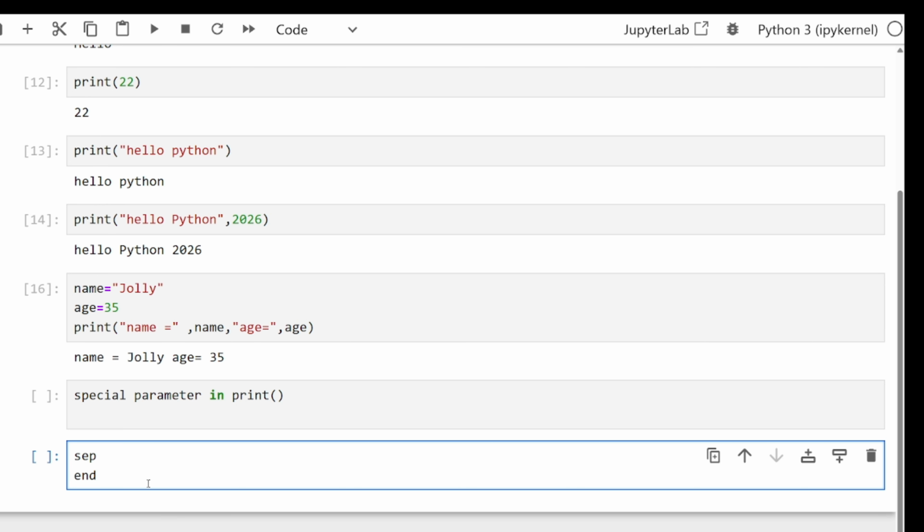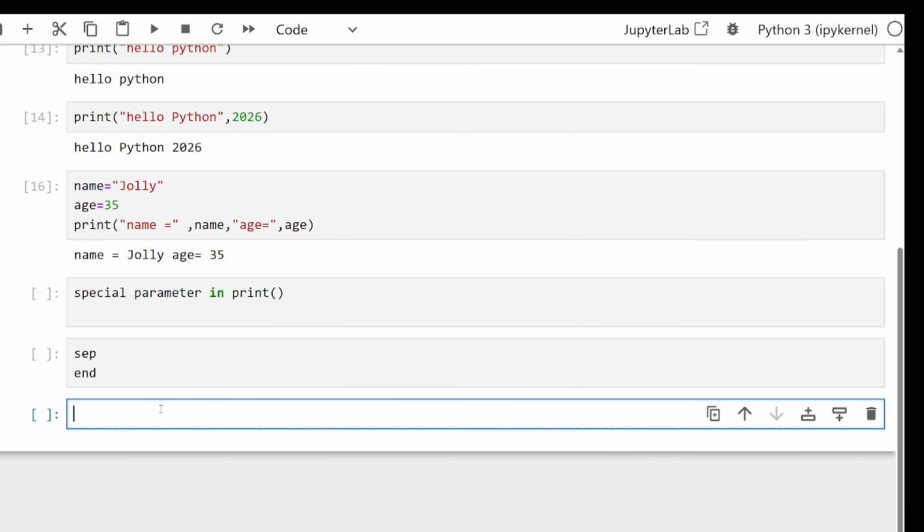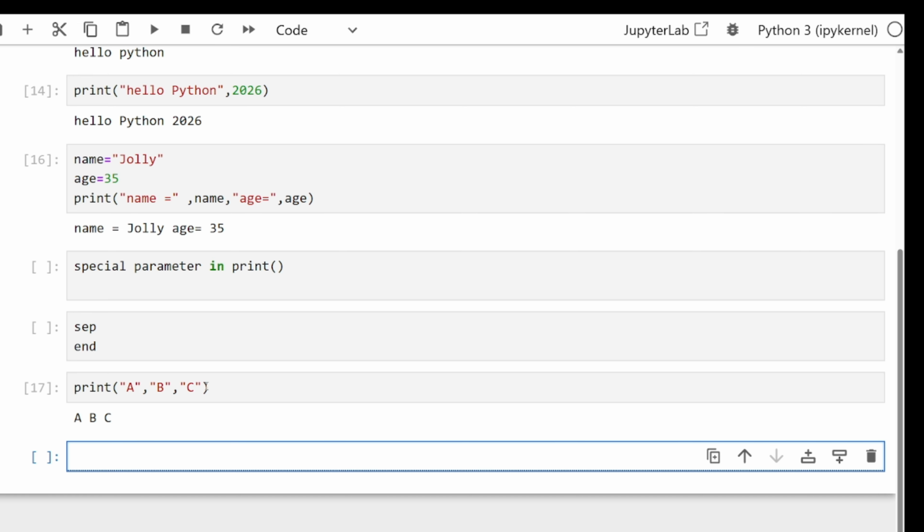Now first of all we will see the working of the sep parameter. For example, if I write print A, comma, B, comma, C. Run it. The output is ABC.